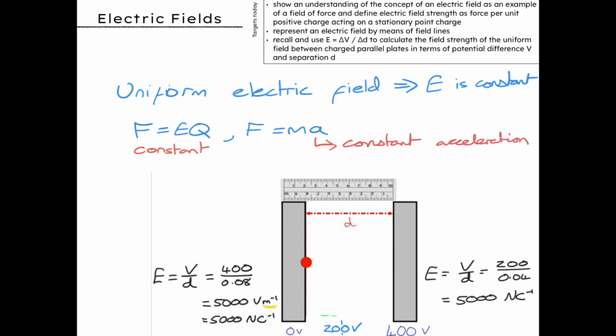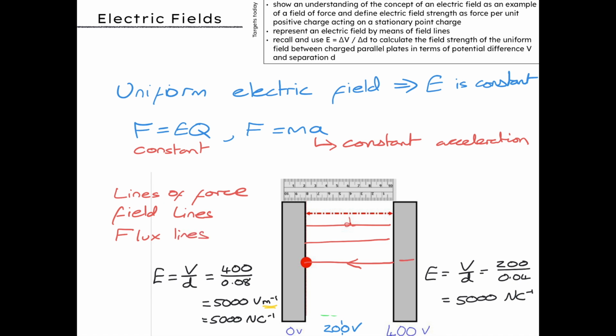That force vector I drew is actually useful as it shows the direction of the force inside the electric field. We actually tend to draw many of these and we give them various names such as lines of force, field lines, or flux lines. They go away from positive and towards negative. They tend to leave the surface at 90 degrees and they tend to spread out. In a uniform field, they're nice and simple,